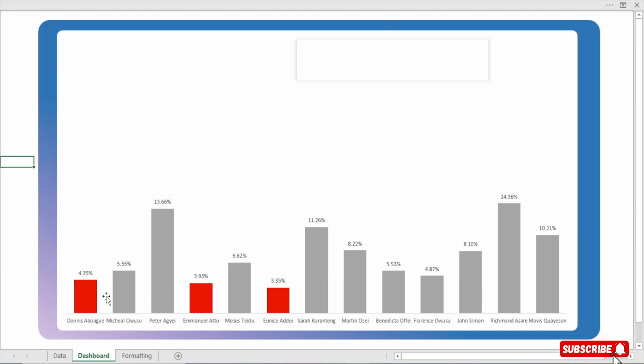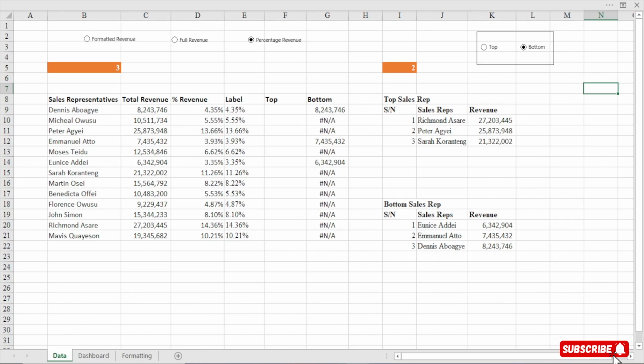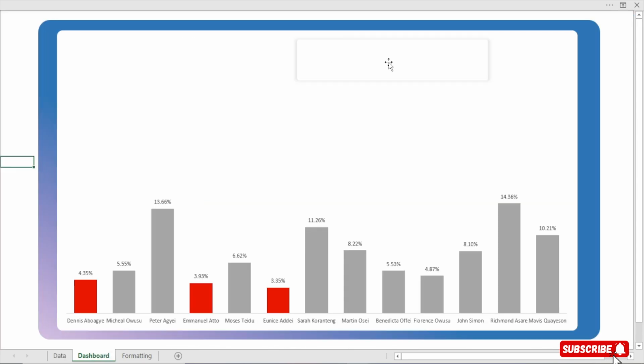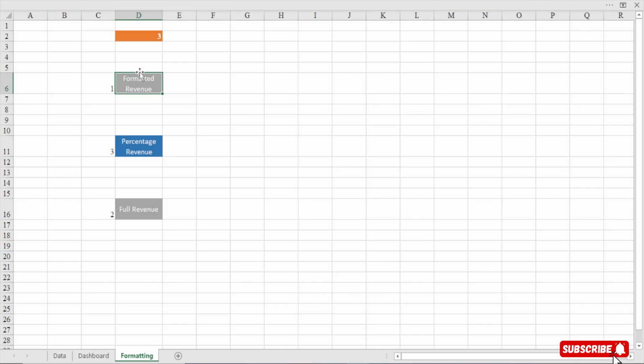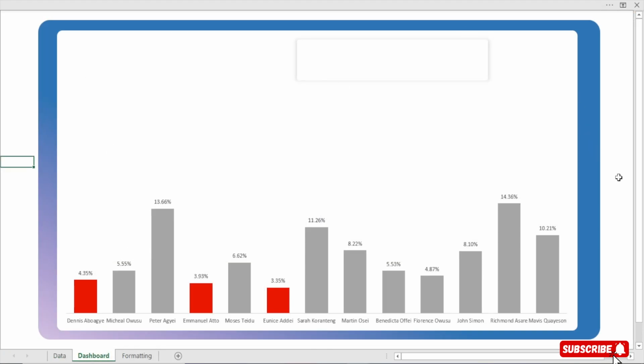Now, watch here. We cannot bring this one on the dashboard, right? If you want to maintain the color, this is what we are going to do. First of all, we are going to bring in the format, because this is one, right? So I'll select this and then copy it. I'll come to the dashboard and I will select a cell, right? Not the shape, a cell like this.